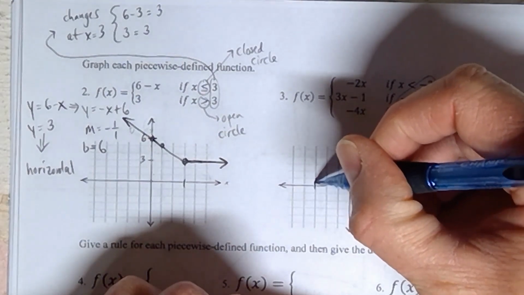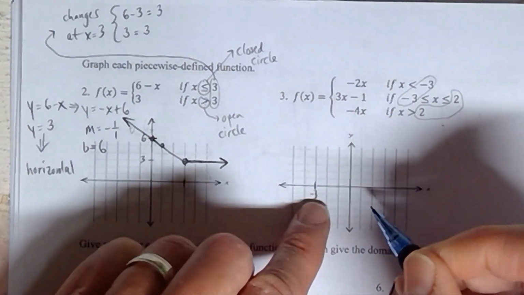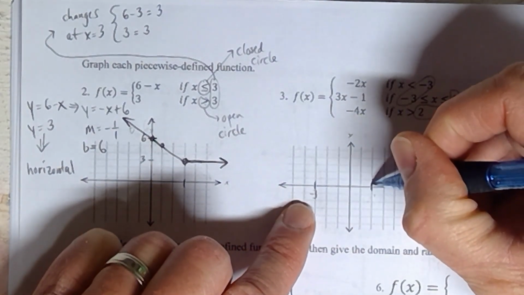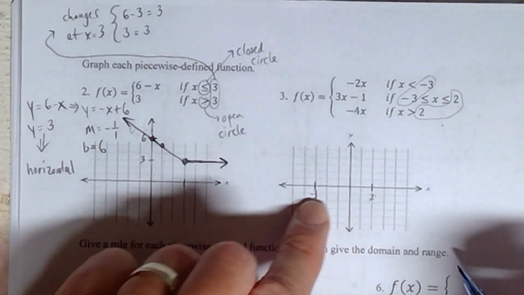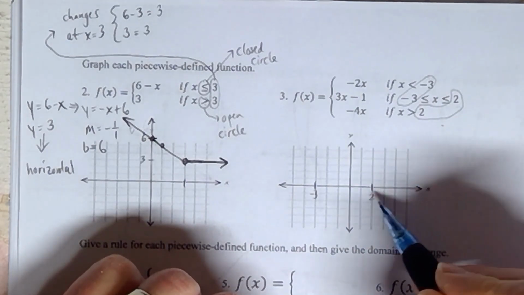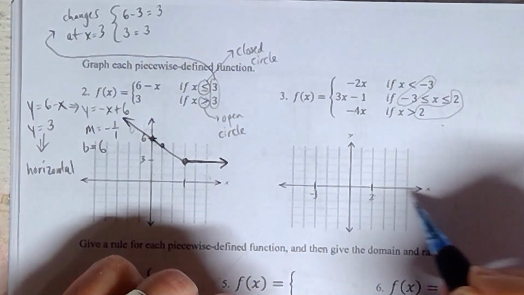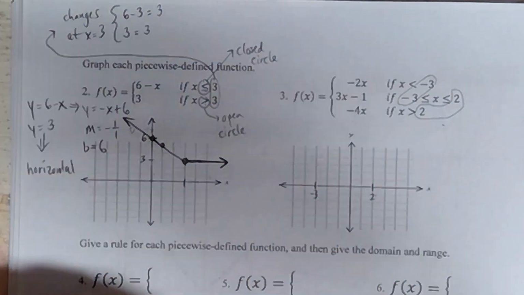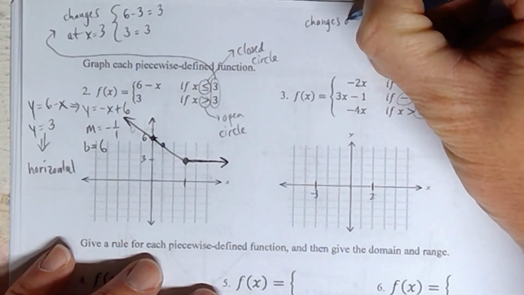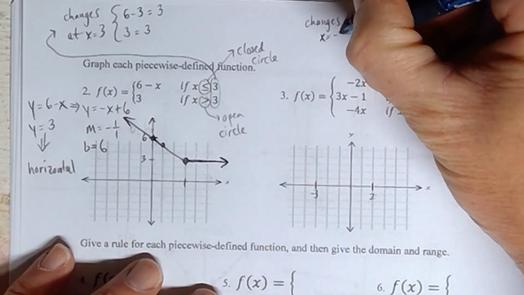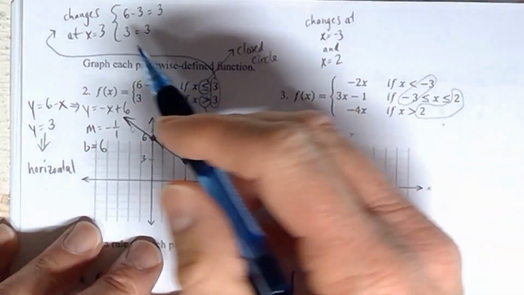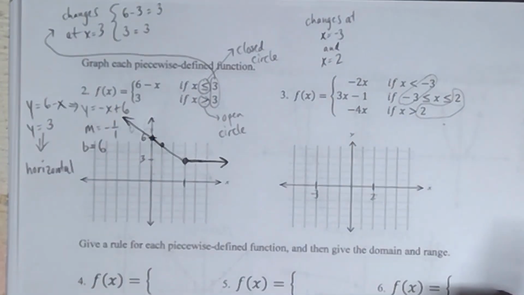Let me write that down. So there's -3 right there. To the left of -3 is going to be the first part of the graph. Between -3 and 2 is going to be the second part of the graph here in the middle. And then x greater than 2 means to the right of 2, doesn't it? So that third part will be over here. So that means that it changes at x equal to -3 and x equal to 2. We'll check out what's going on there, just like we did over here on this problem at the top. But first things first here,